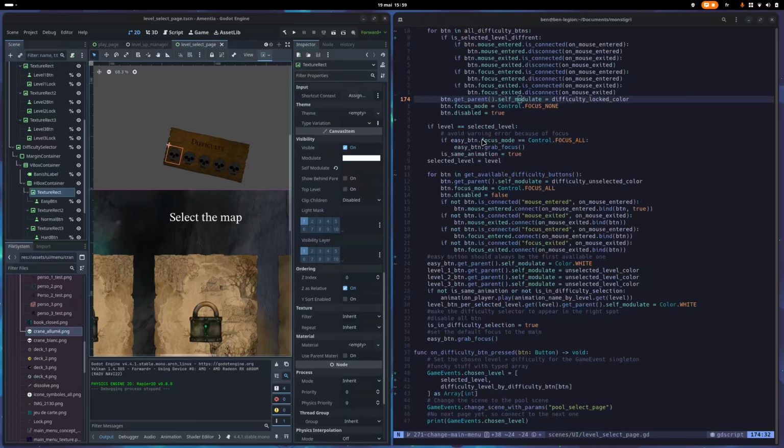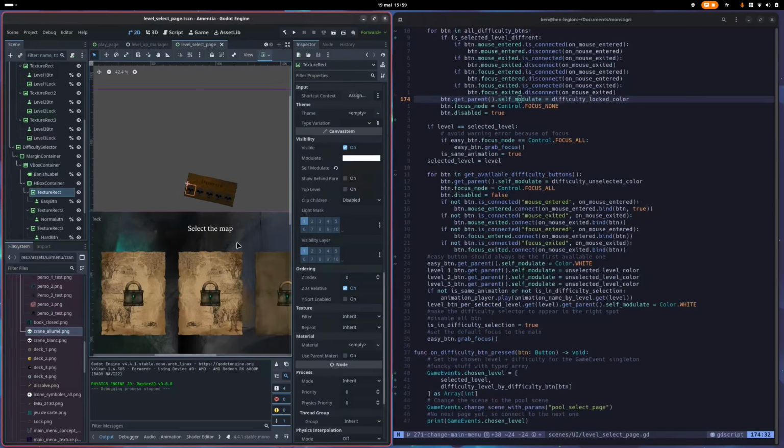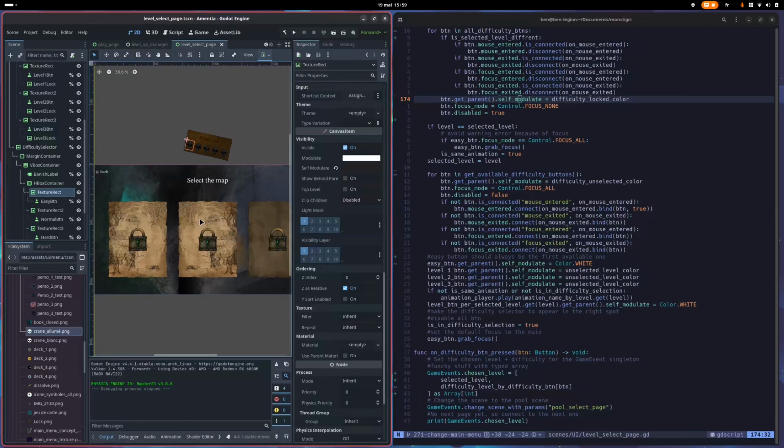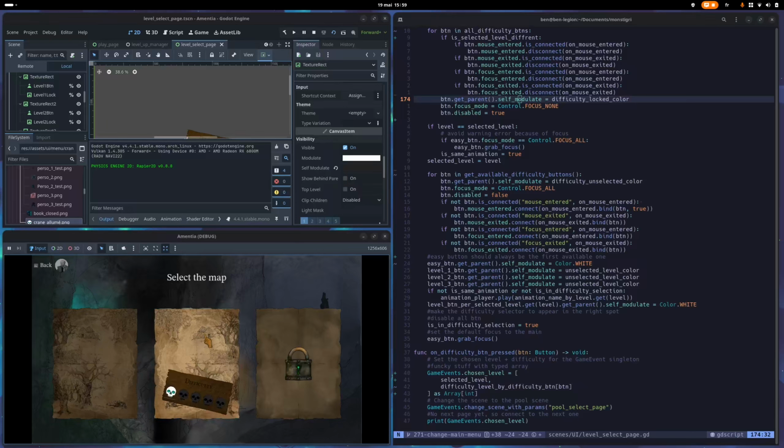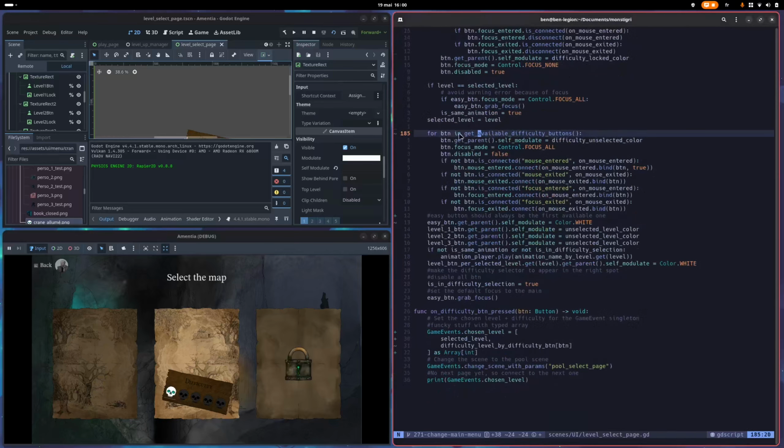Then I'm just double checking that you're not clicking on the same level again, because when you're on the mouse, you can click on a level, for example, like this, and click again. So if it's the case, I just want to grab back the focus to the first available difficulty option that you have. Then the next logical step after I've done that is to make sure I set the initial state